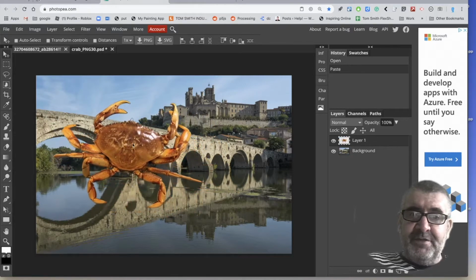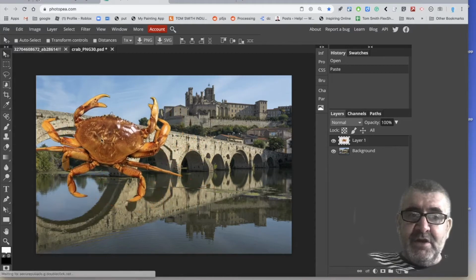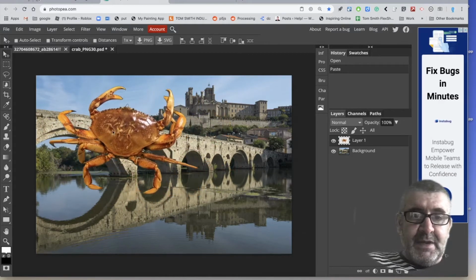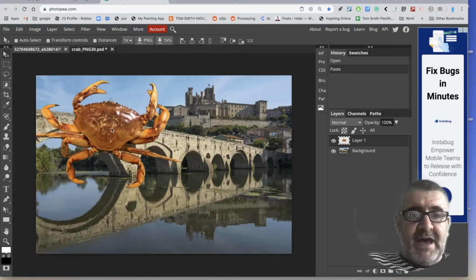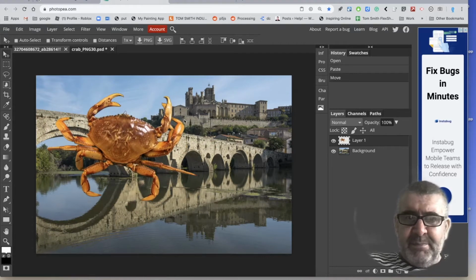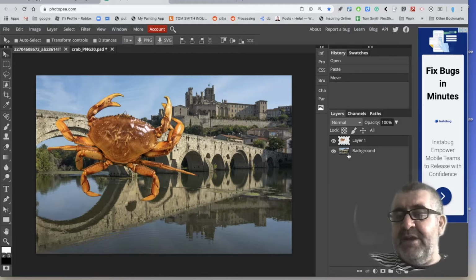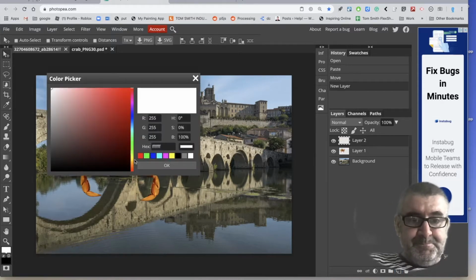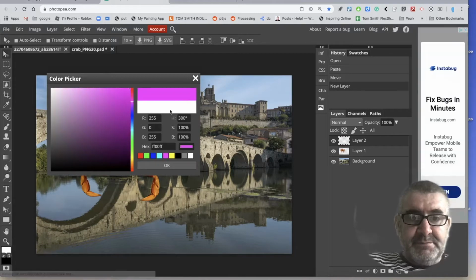Now if I wanted that crab to be sort of coming from behind this bridge, I would need to have the bridge in front of the crab but the castle behind it. So if we look over here, you can see that as I pasted the image in, it created a different layer, and I can create layers myself down here, like here, and maybe choose a bright colour, let's say pink,